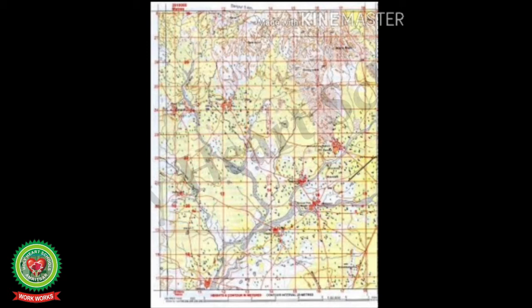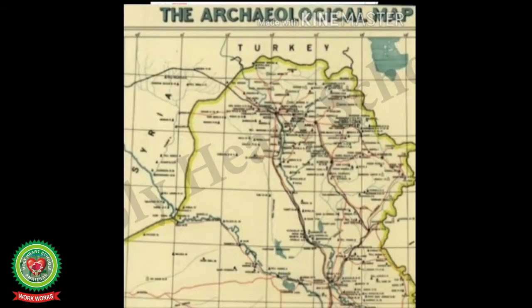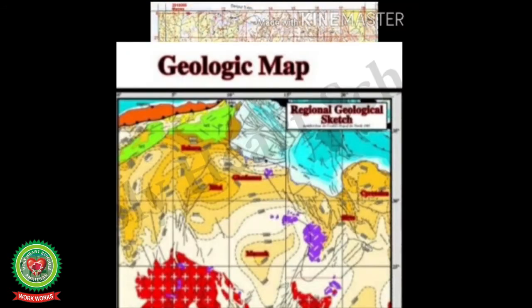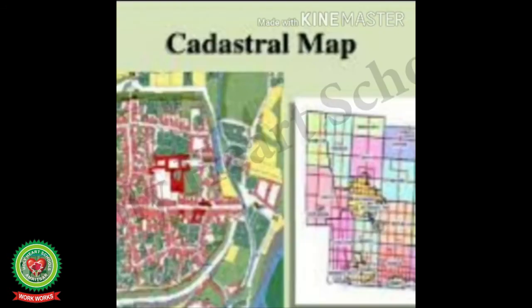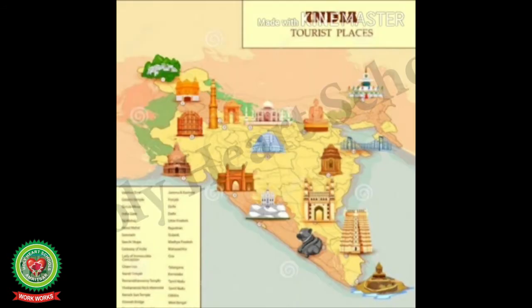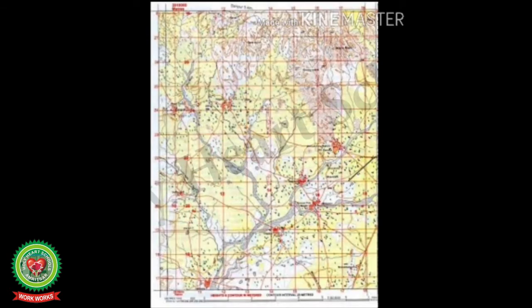Surveying is considered a part of the science of map making. Based upon the objectives, a survey map may be archaeological, geological, topographical, cadastral, military, or tourist. Since topographical maps are large scale maps, they show a great deal of detail about the relief. Hence, in topographical survey, actual survey is carried out and different methods are used to represent relief on the map,